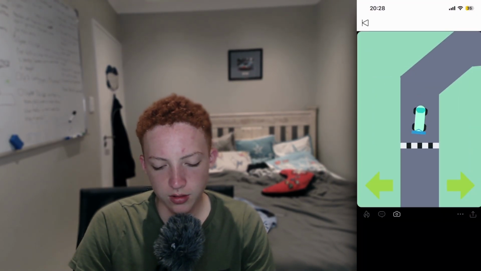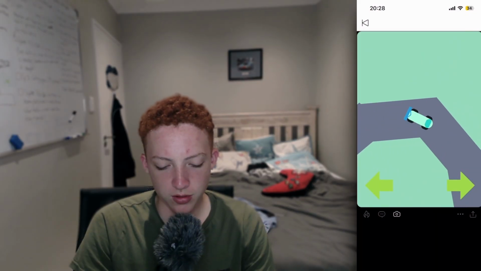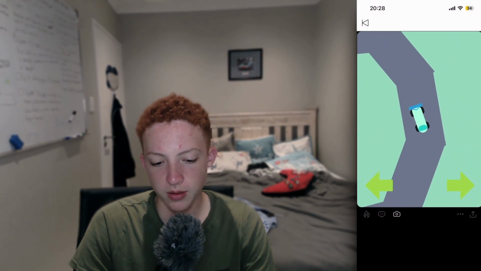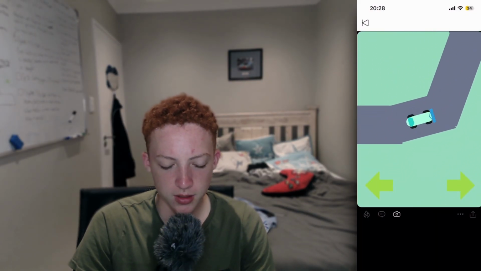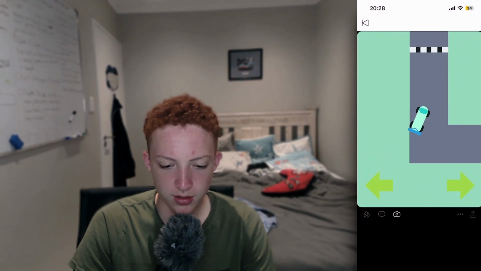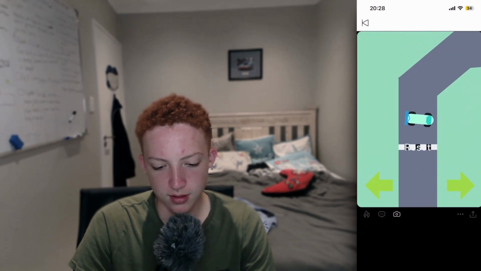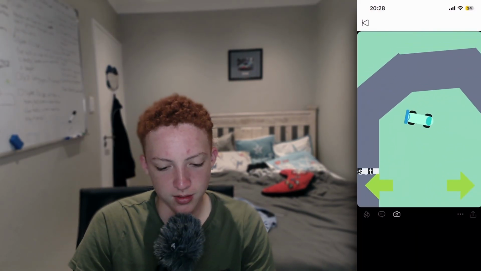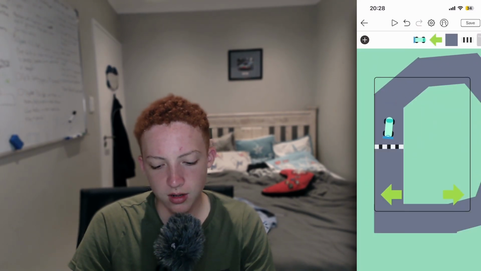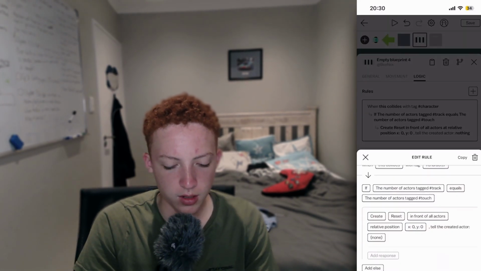So now what we're going to do, we're going to test it. Because the camera is following the race car, we can see where it's going, even if it's off camera. Now we're going to drive around our racetrack and get to the finish line, and you can see reset is created there. Visibility is a bit hard to see, so instead what we're going to do,